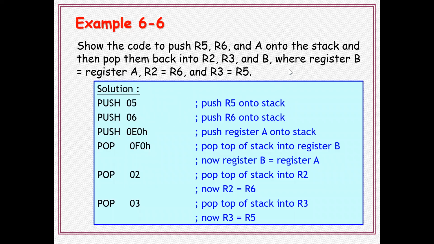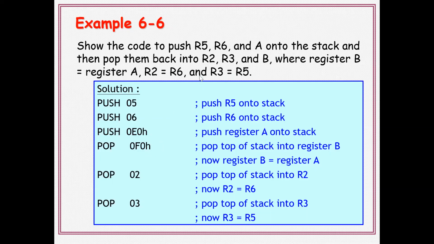Okay. Next one, what is the problem given here? First one is where B equals register A. We know that the stack always follows either first in last out or last in first out, and 8051 supports that only. So whatever is the last in is the first out. What is the last in? Last in is the accumulator A. That accumulator is copied into the B register here. So first POP F0H. The last one is E0, the A register content, and that is loaded into F0.